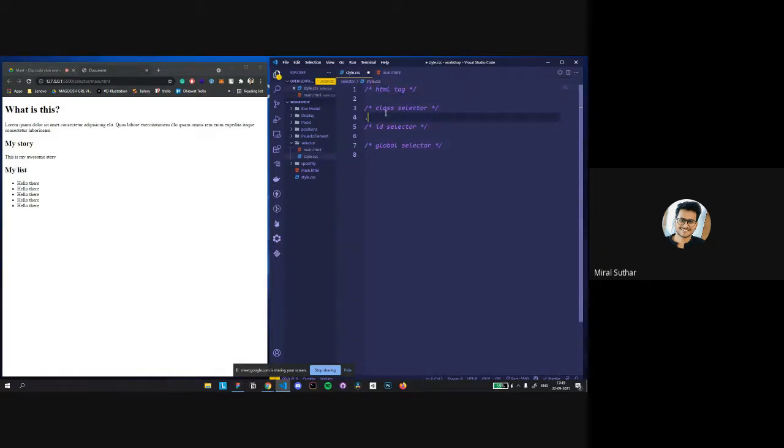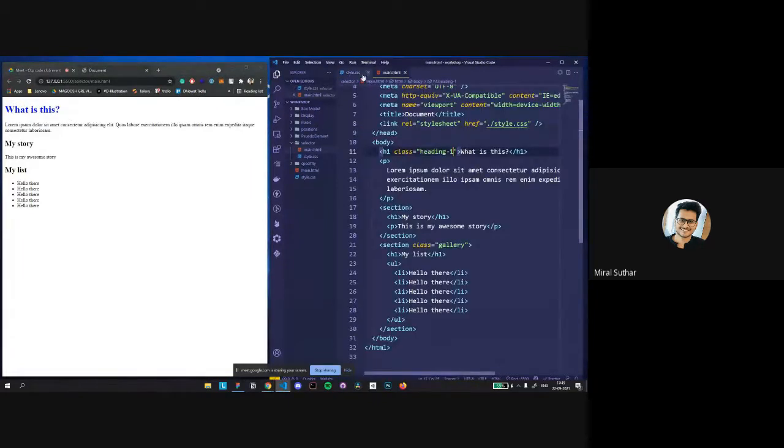Now if you go to heading one and just change the color, this is how we can add styles to a specific element tag.